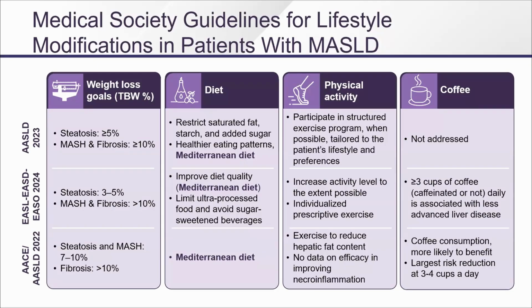The first thing I do is tell them about the rule of 5 and 10. And that's how much weight loss they need. I used to calculate their ideal body weight, but if you ever calculate your ideal body weight, it's incredibly depressing. So I tell them 10% is our goal, 5% is in between. 5% will improve fat, 10% will resolve NASH. They weigh 267. It's pretty easy. That's 26.7, 27 pounds. Everyone says that's easy. I can do that. Of course they can't, but that's the first thing.